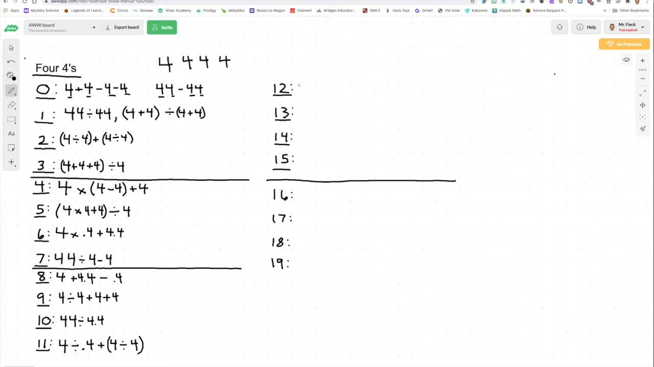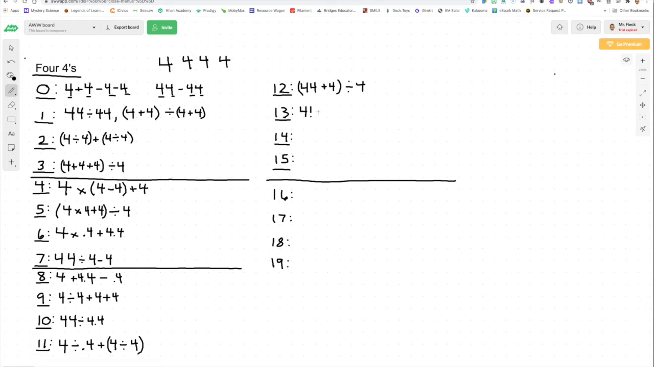So for 12, one that I came up with was 44 plus 4, and then put that in parentheses, which 44 plus 4 is 48, and then divided by 4, 48 divided by 4 equals 12. For 13, here's the new one, I used 4 with an exclamation mark behind it,